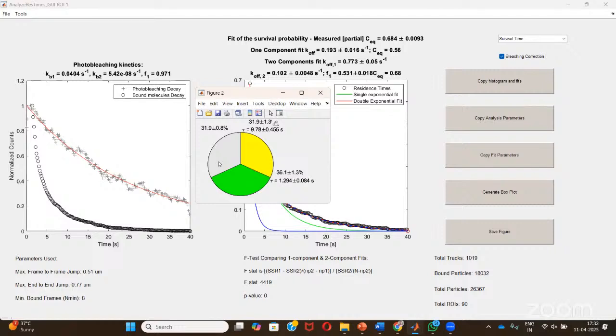So basically, this kind of parameters, like the residence time and all, you can estimate using this software. So finally, you can calculate these parameters for different conditions and for your different experiments, and you can compare those to understand how this dynamicity in context of residence time differs from sample to sample or condition to condition, and decode certain biological output or biological functions.